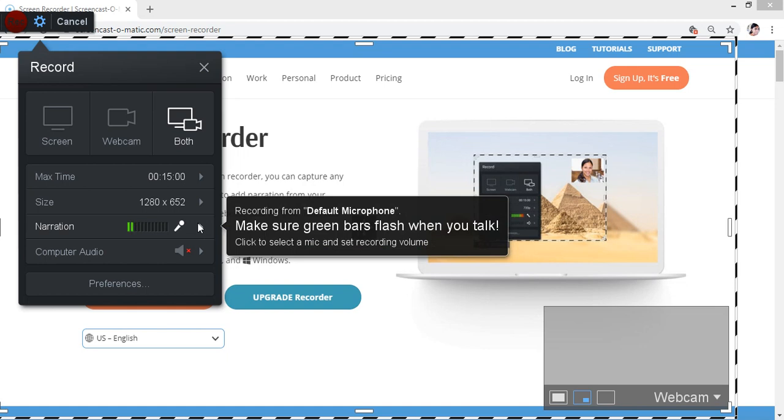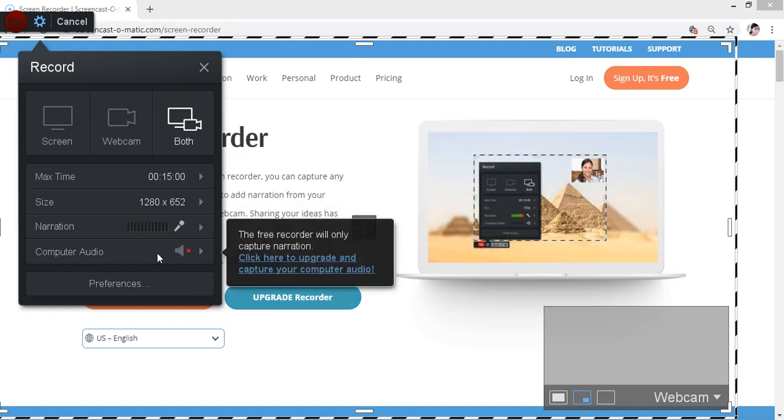Accordingly, you can also fix your mic, whatever mic option you have. Then, any time when you are recording your video, the computer audio will be muted automatically in the recording option.